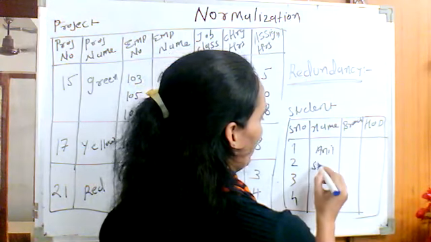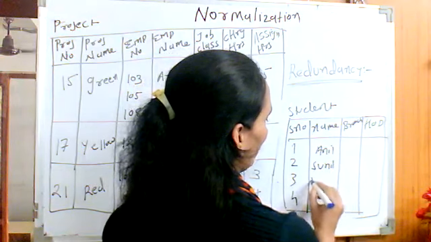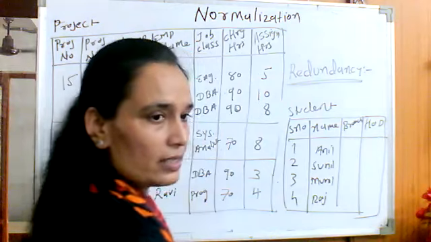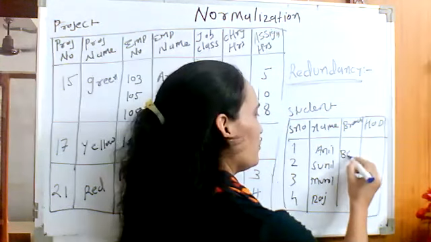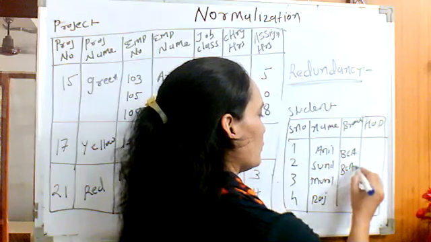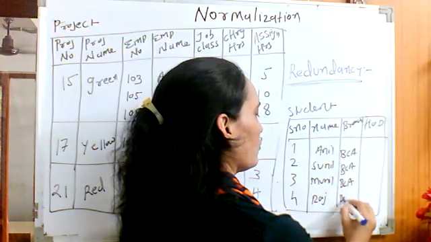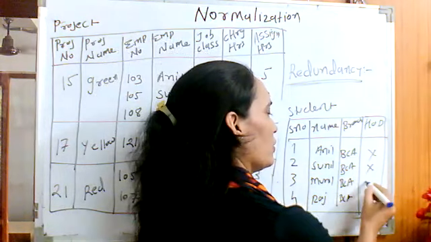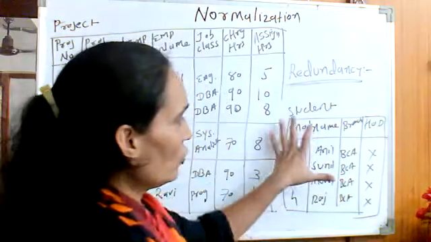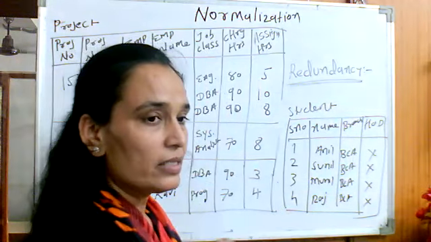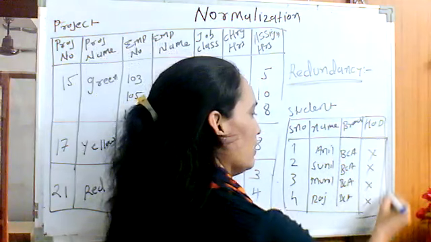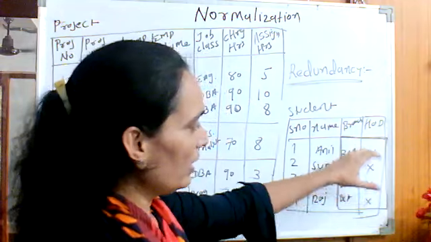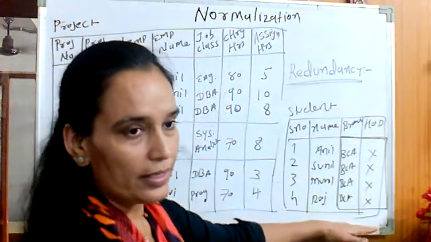Their names are Sunil, Anil, Munil and Raj. These all students are studying in the BCA department. And there is one HOD whose name is Mr. X. So we have one table here and we can see that these data are redundant data. This is redundancy. One data is repeating, so it is called redundancy.